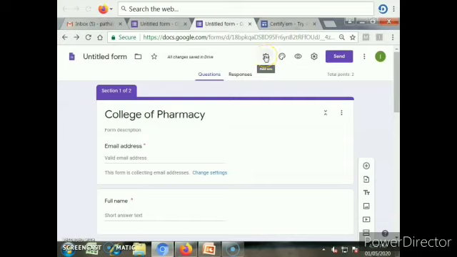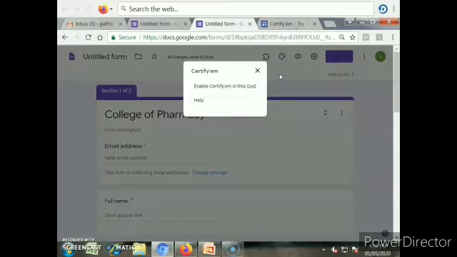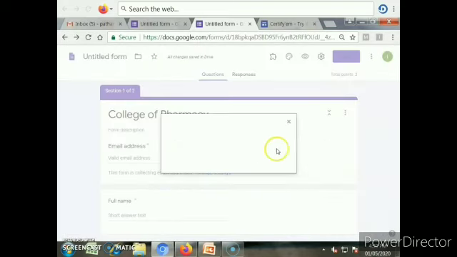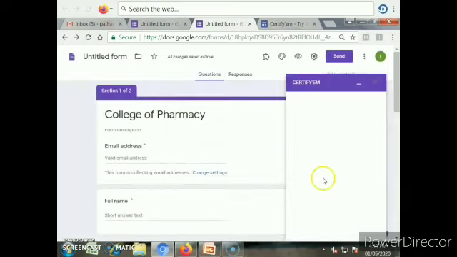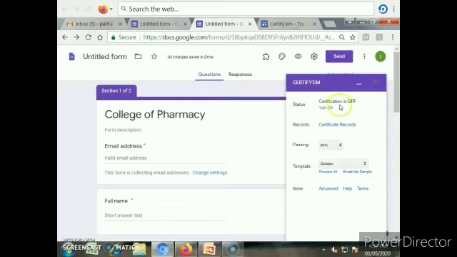So after preparing this Google Form and installing the Certify EM application in it, we will now click on this add-on. After clicking, it will open like this, Certify EM. You click on that and enable it. Once you have enabled it, it will open as Get Started. One window will be open. In Certify EM, after installing it in the Google Form, certification is off or on.